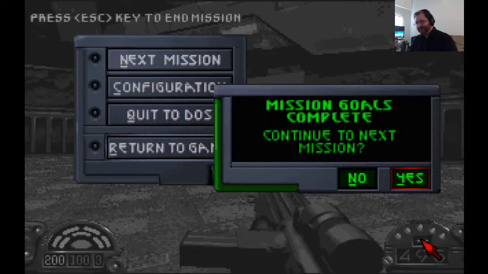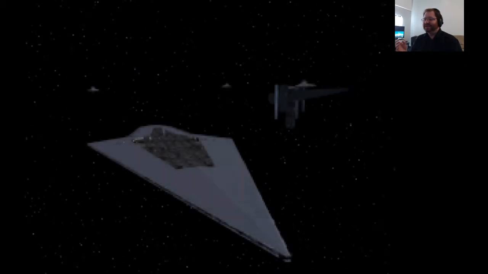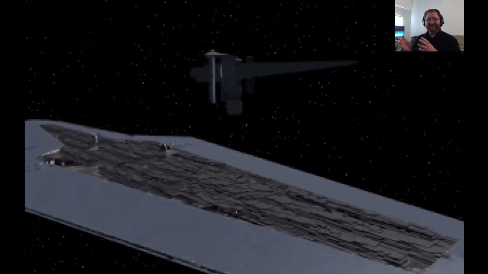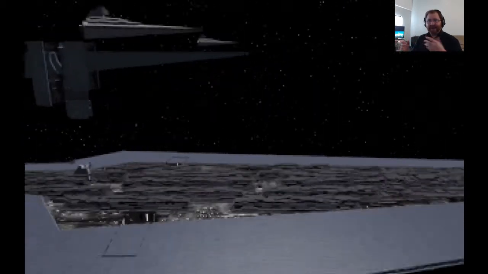Escape. Next mission. Kyle delivers the and now we get a cinematic. Soon afterwards, this was crazy when I first saw it. I was like, wait, what? I hadn't played any of those FMV games. I don't think I'd even played Myst at this point. And to see something like this with actual cinematics, like I'd played